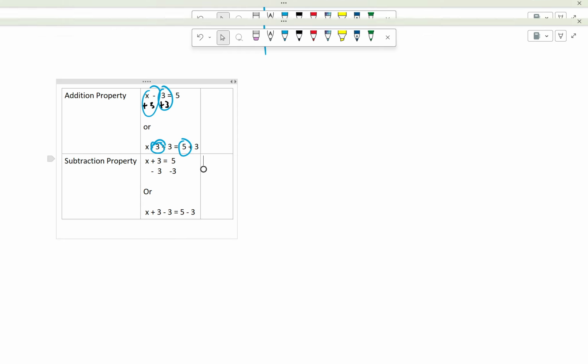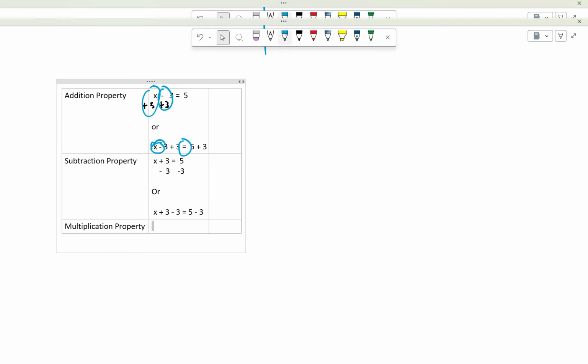Okay, let's see here. Next, we have the multiplication property. Oh, goodness gracious. Got some extra stuff going on here. Let me try to get rid of some of these extra lines to clean this up visually for you. Okay. Multiplication. Now I'm going to set this up where